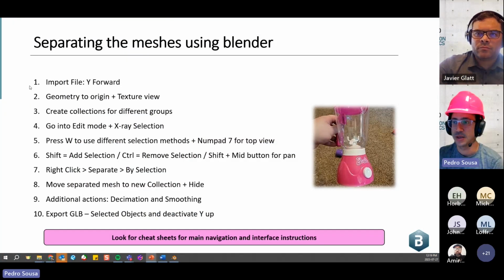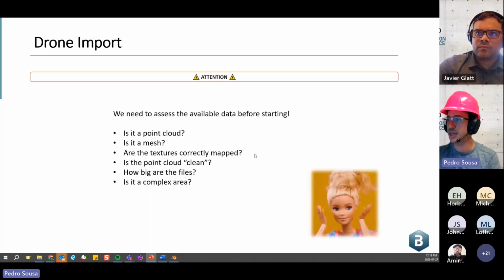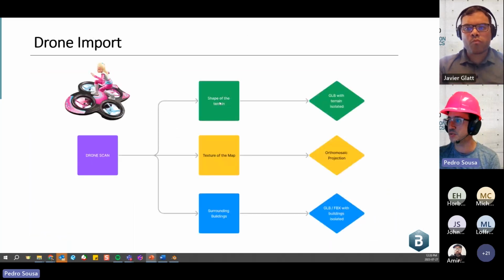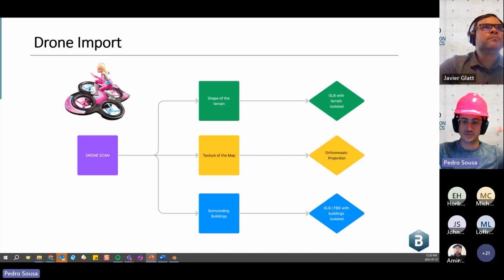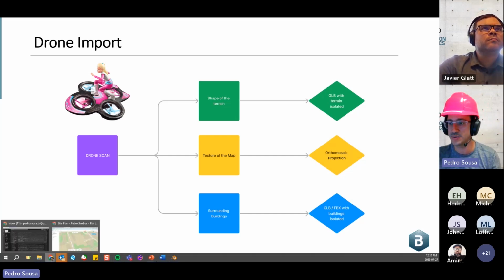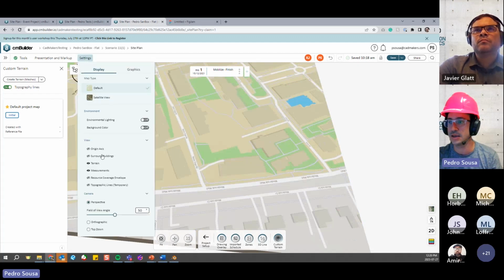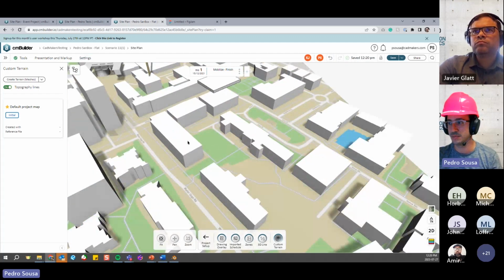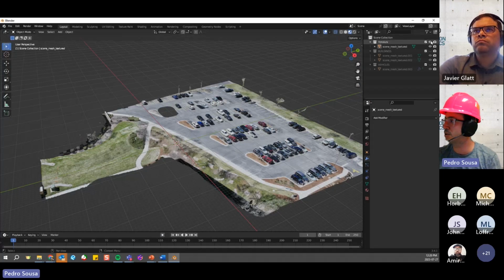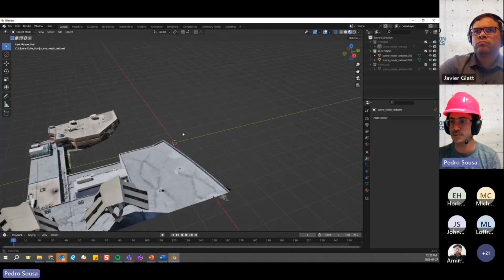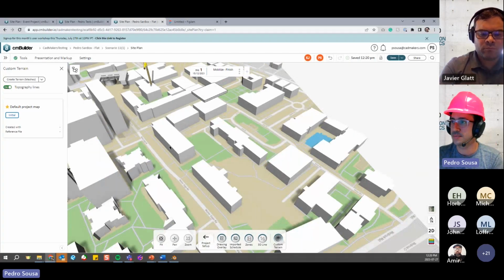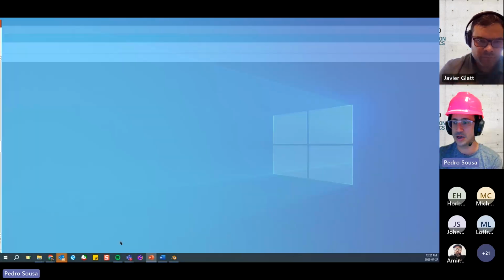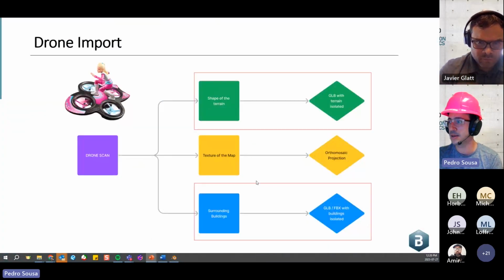Awesome. Exactly. So this process is just to get to the point where we have a shape of the terrain isolated and everything else also isolated. And then you can import those things to have them as your references for surroundings, better than the white shapes that are generated automatically over here in Builder. So if you want better shapes than this, you can simply isolate your buildings and then bring them over in cmBuilder and position them correctly. Okay, cool. Awesome. So going to the next step of this process is